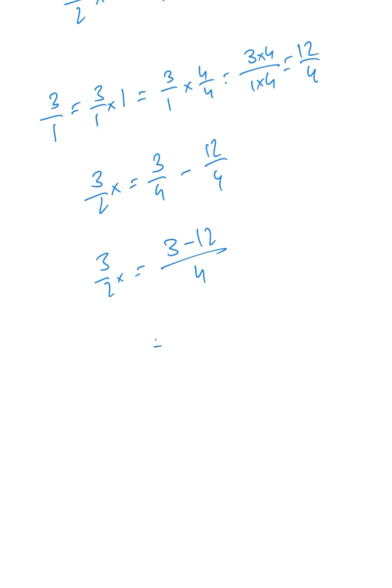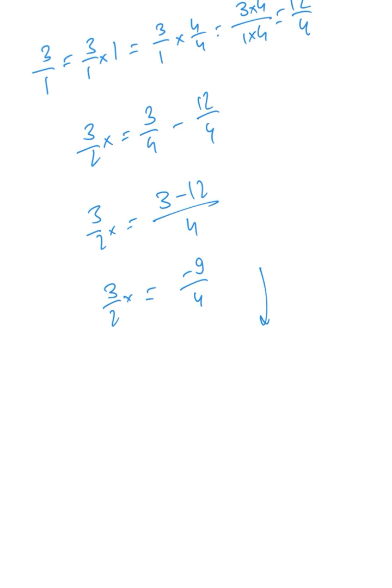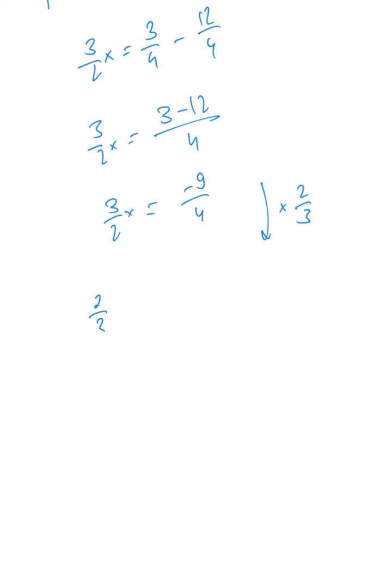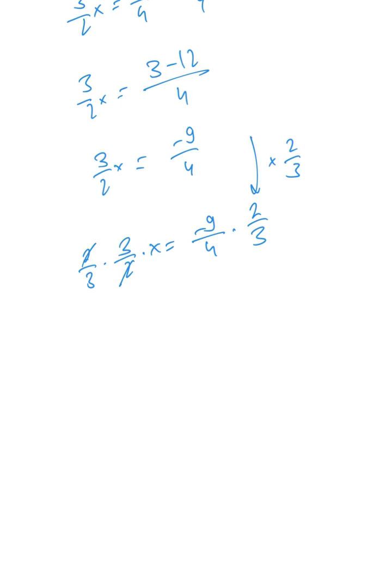What is 3 minus 12? It is simply minus 9/4, and 3/2 of x. Now let's multiply both sides of the equation by 2/3 in order to have that 2/3 times 3/2 times x equals minus 9/4 times 2/3, which means the 2s cancel each other out, the 3s cancel each other out,